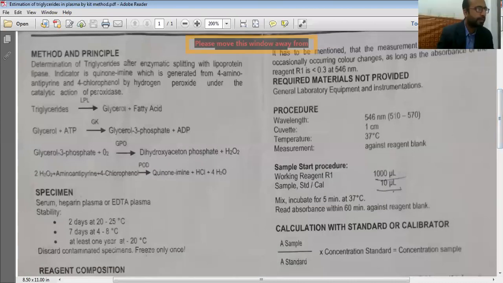Now this is the principle. The principle would describe how the triglycerides can be estimated in the